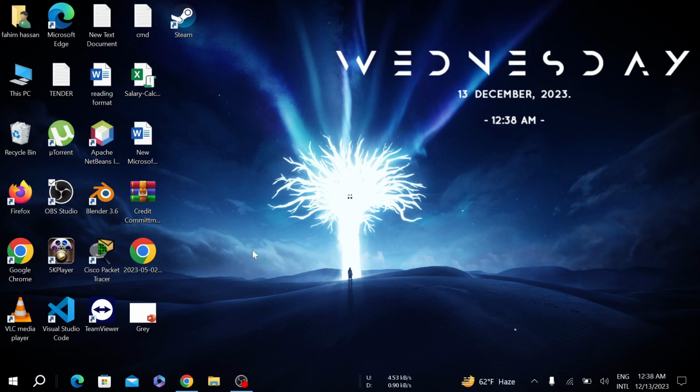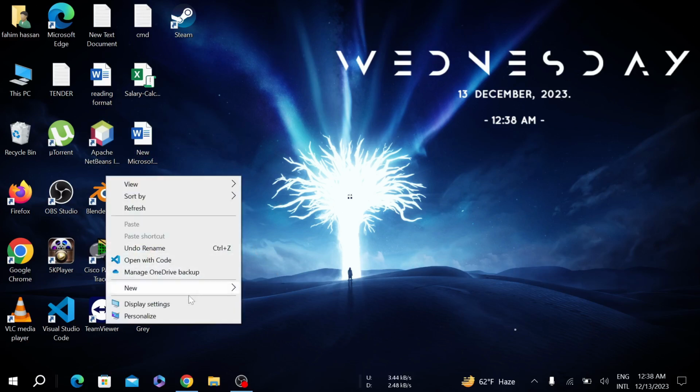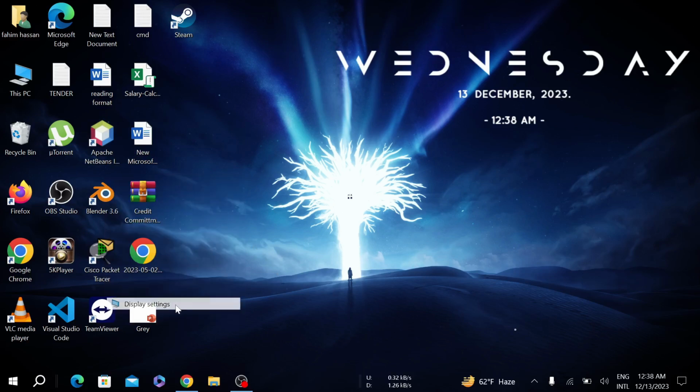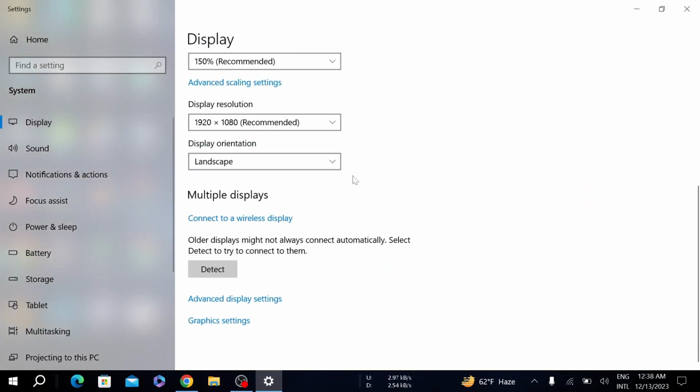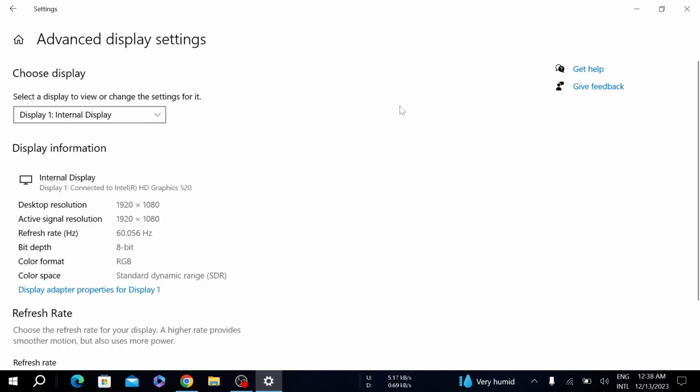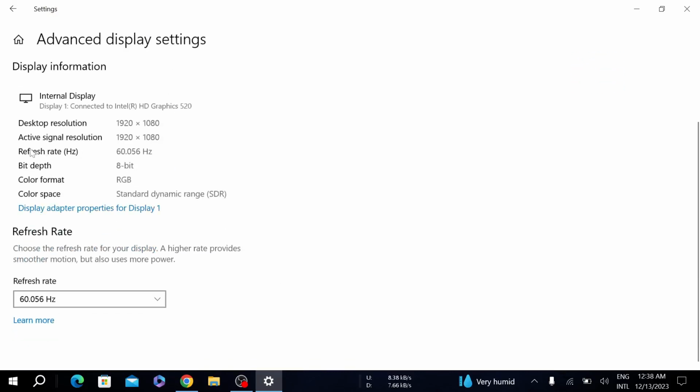First of all, right click anywhere on the screen and go to the display settings option. Scroll down under the display settings and you can see the option advanced display settings. Click that option here. And now as you can see, the refresh rate or the hertz on my display is